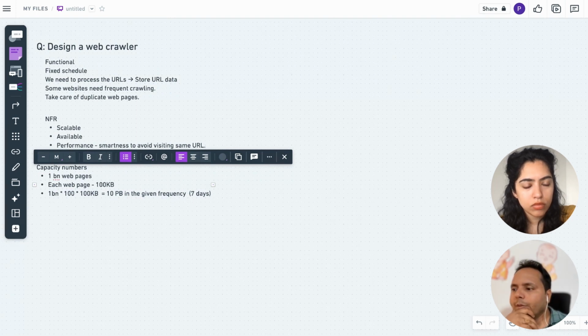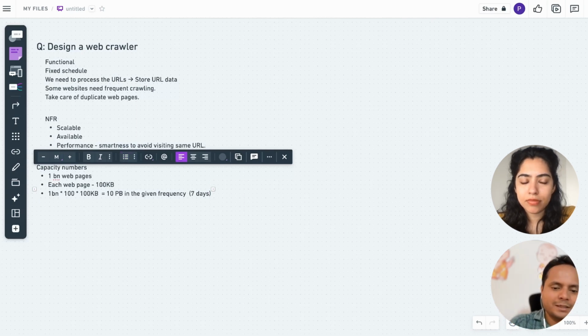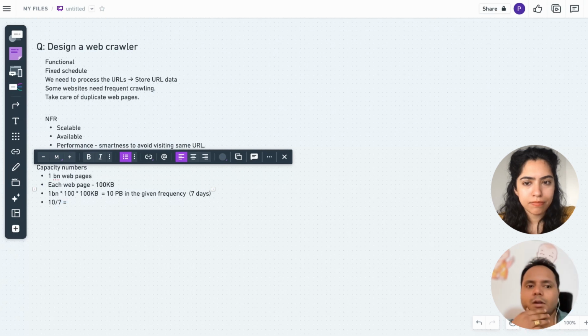Now, when I say this is, let's say, 7 days, there are around 52 weeks in a year. I would take this down to be something like 10 petabytes in 7 days. So I will just divide it by 7. That would come up to somewhere around 1.3